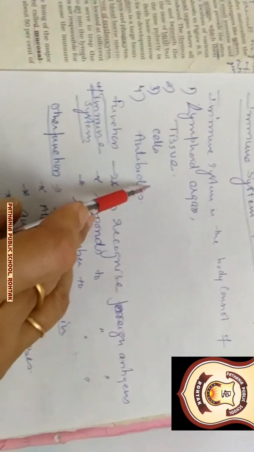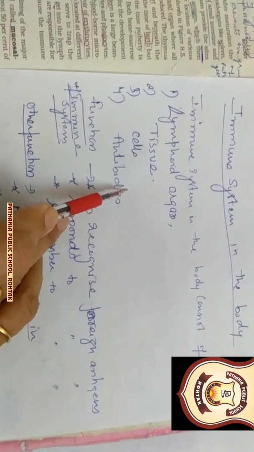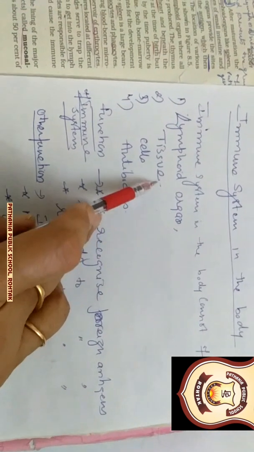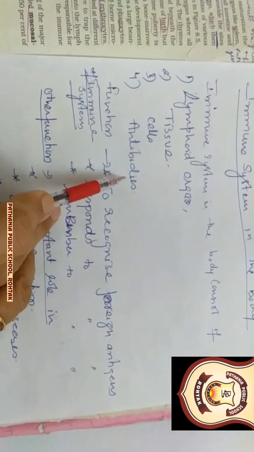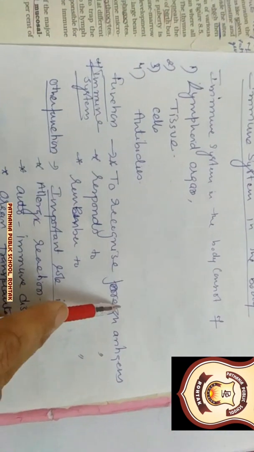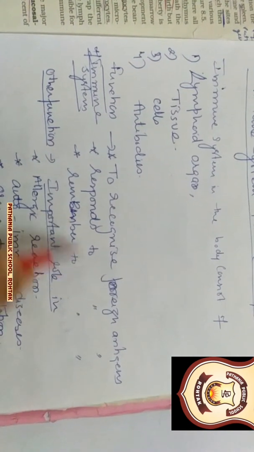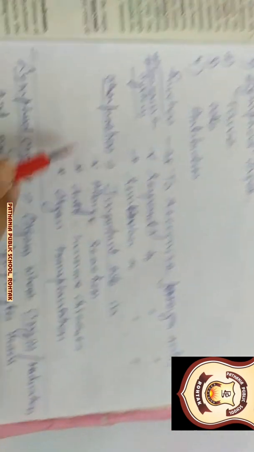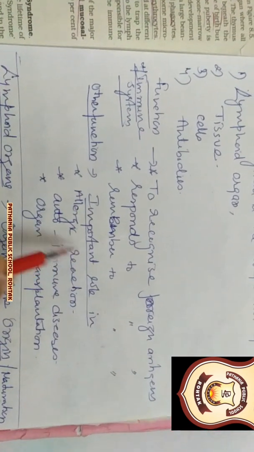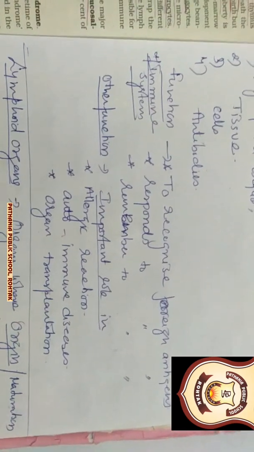So children, again we are starting in the second video. It was not possible to complete in the first, that the immune system consists of lymphoid organs, tissues, cells and antibodies. Now the function of the immune system is to recognize, to respond and to remember the pathogens or antigens. It also plays an important role in allergic reactions, in autoimmune disorders and in organ transplantation, which